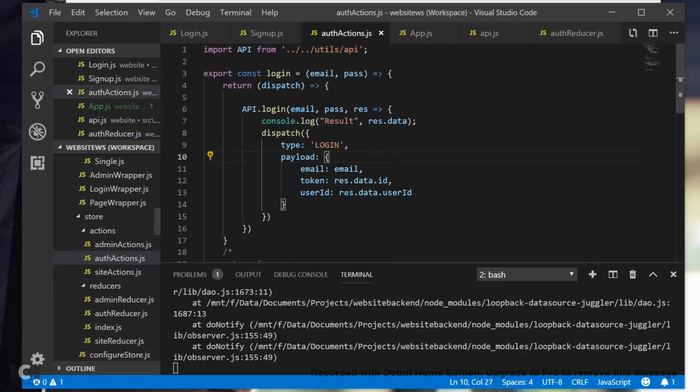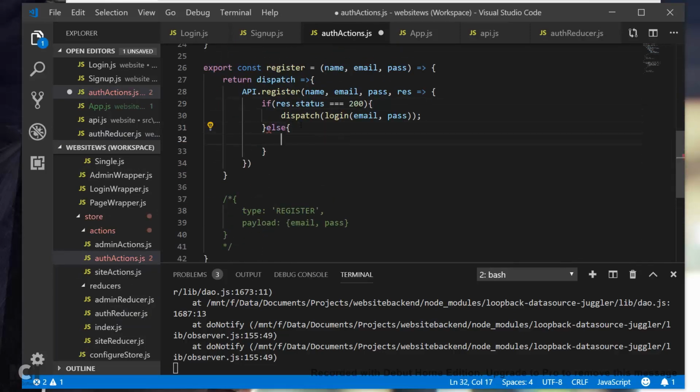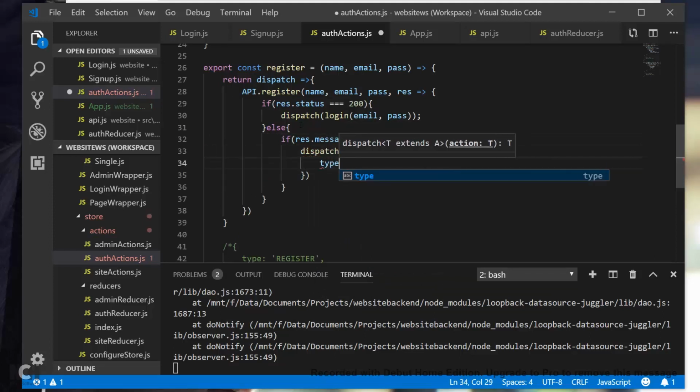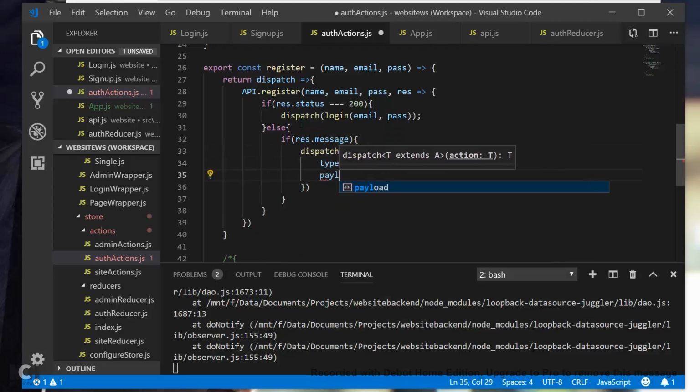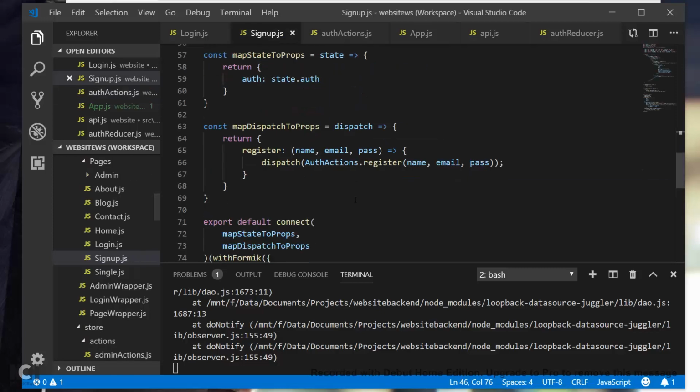And then in auth actions, if the status is 200, we'll do that. Else, if res message, we will dispatch. Type is going to be show error. And then the payload is going to be res.message. So let's save this. And then on sign up,